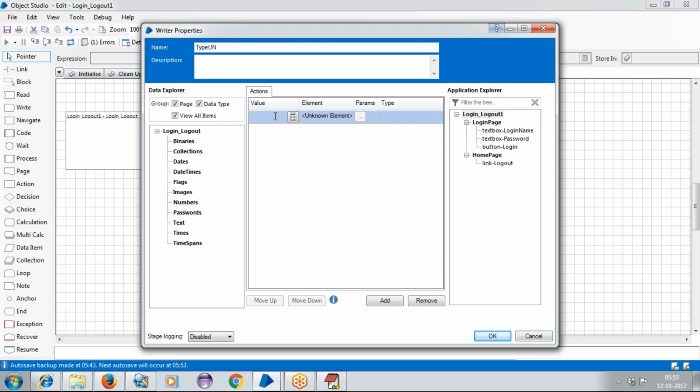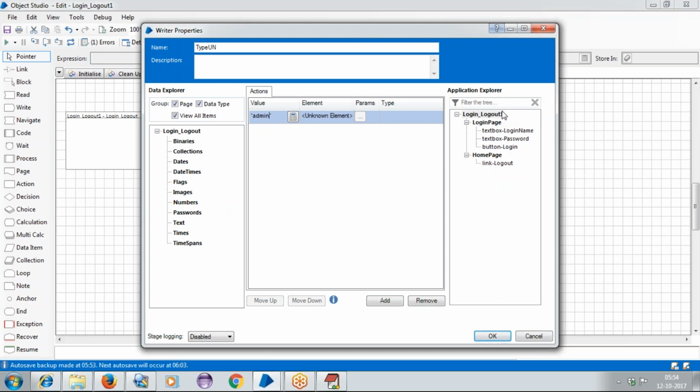Whenever you are passing any data in Blue Prism, it always needs to be maintained in double quotes only. It may be any data. If you want to pass any data, we need to provide it in double quotes. For now, I'll type the username as admin here. Then you need to mention where it has to be typed. You are mentioning what it has to be typed, and at the same time where it has to be typed.